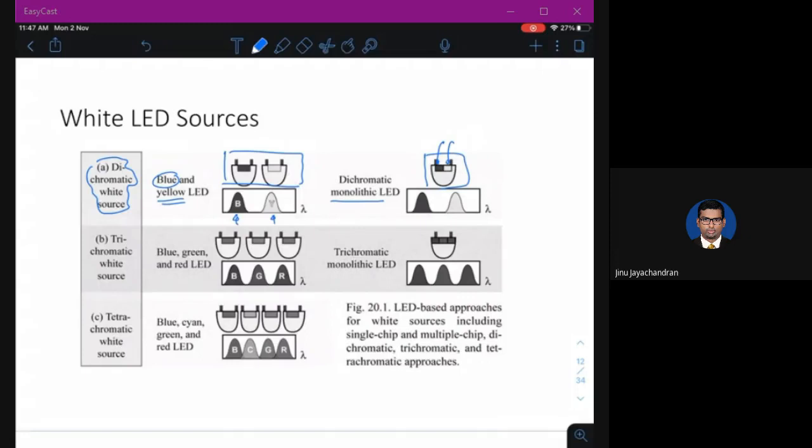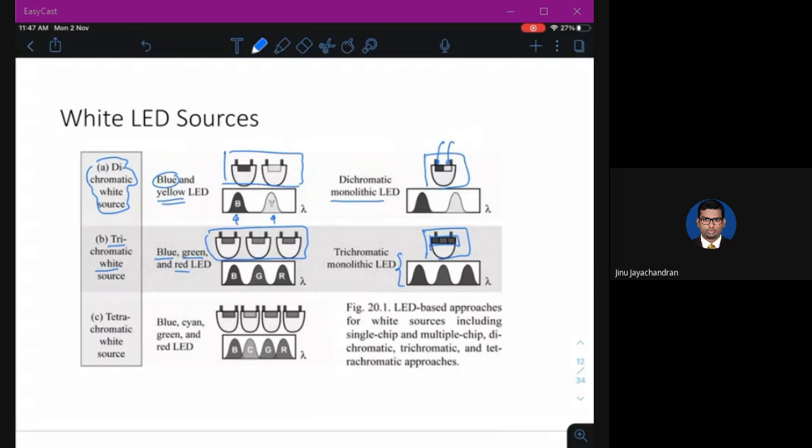There is another way. This is the trichromatic white source. Here you are going to have three colors: blue, green, and red. It can be produced by three different LEDs and then mixed, or you can have a single LED with a single chip which produces all these colors.